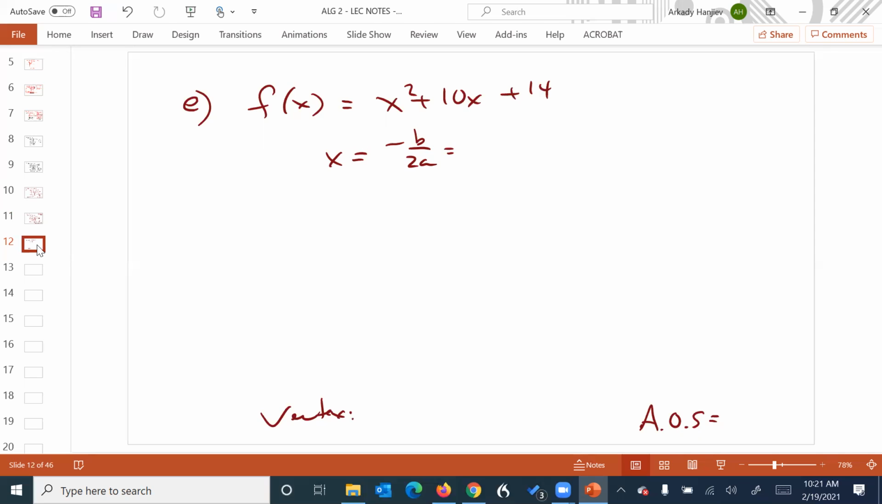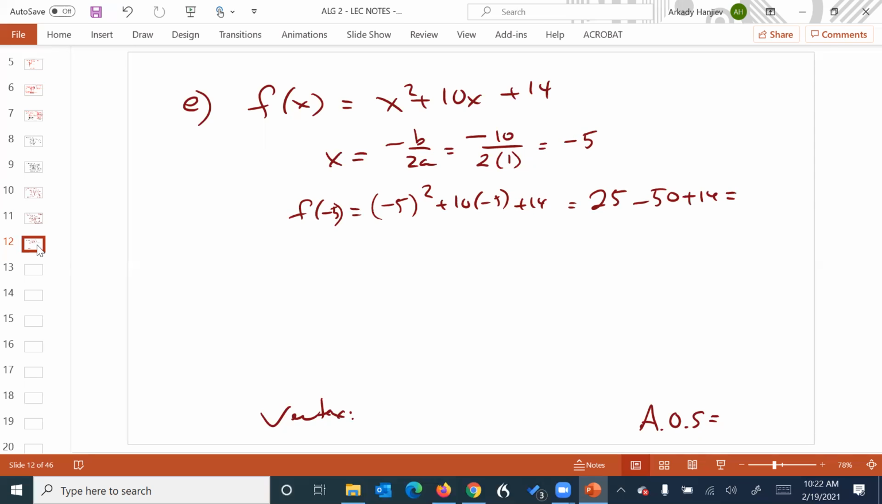So talk to me. This makes sense here. So negative of my 10, right? Multiplied by, on the bottom, 2 times 1, because a value is 1. And I give myself, everybody okay with the negative 5? We take that negative 5, we plug it into the problem itself, and we get negative 5 squared plus 10 times negative 5 plus 14. 25 minus 50 plus 14 equals